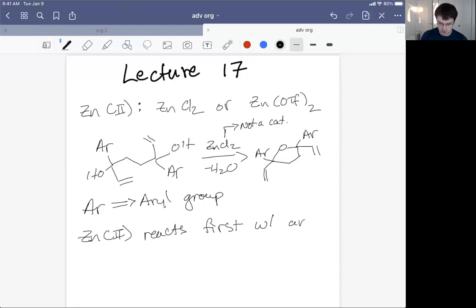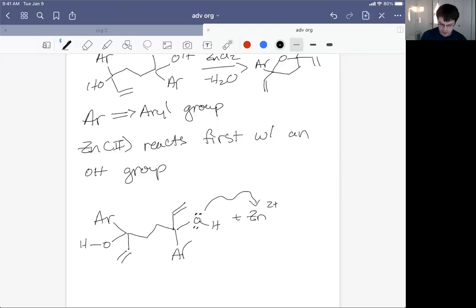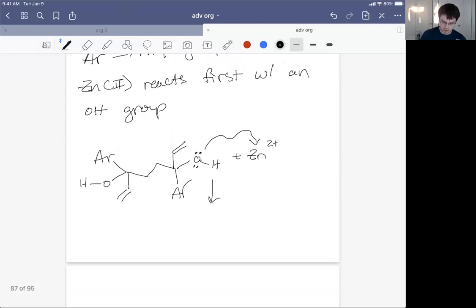So it reacts first with an OH group. Namely, it's an electrophile that engages the lone pair of electrons on the oxygen atom. I suppose I'll pick the right-hand oxygen to engage the zinc 2+. So I'm going to write that as zinc 2+, just let it react to form a bond. And then we're going to get a zinc-ate species,